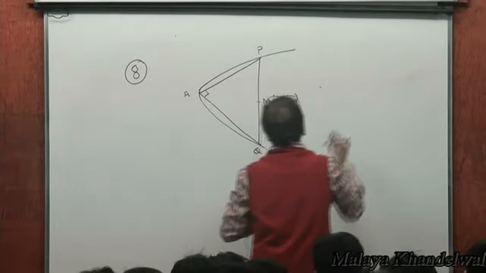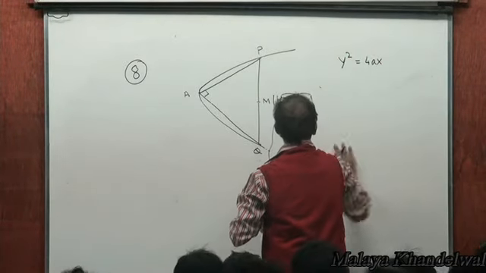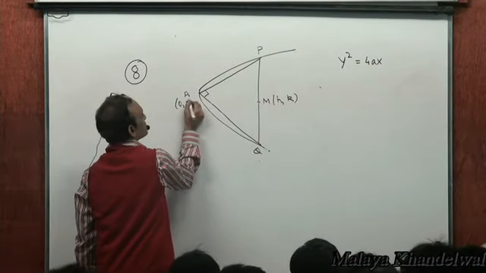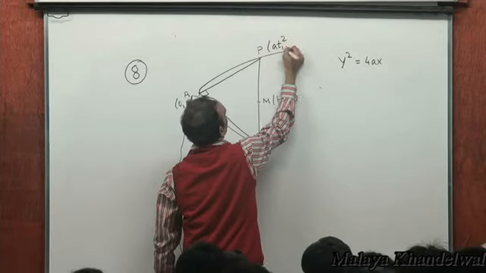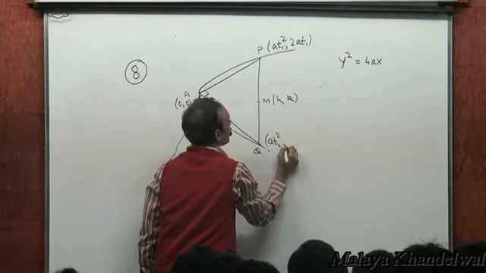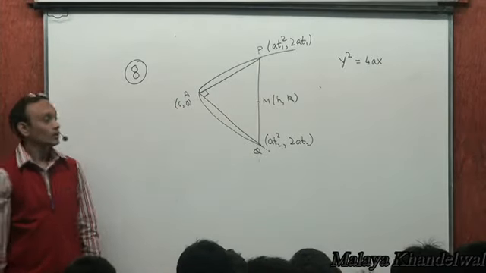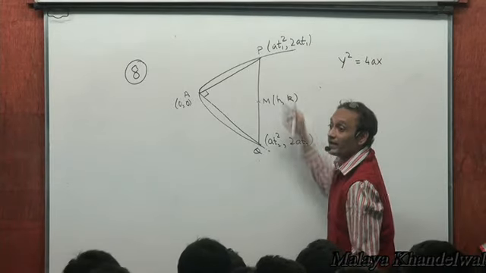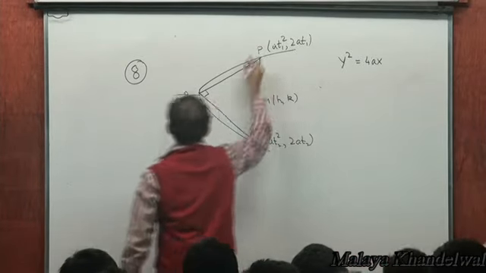The parabola is given to be y squared equal to 4ax. A is 0 0, the vertex. P is say t1, so a t1 squared comma 2a t1. Q is say t2, so a t2 squared comma 2a t2. I want to connect h and k and eliminate t1 and t2. Yes or no? Right? So first of all,